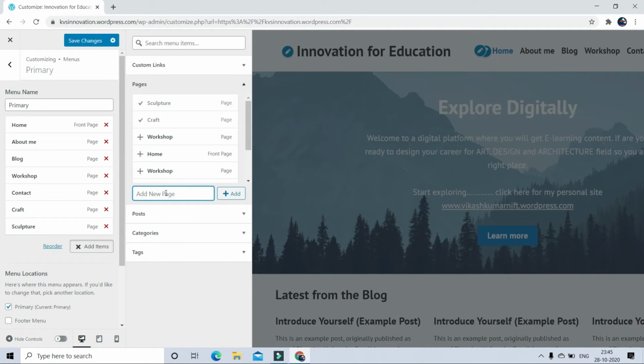So after creating the pages, first I have to shift all the pages just below the main menu, under which I want to keep these 3 sub menus.